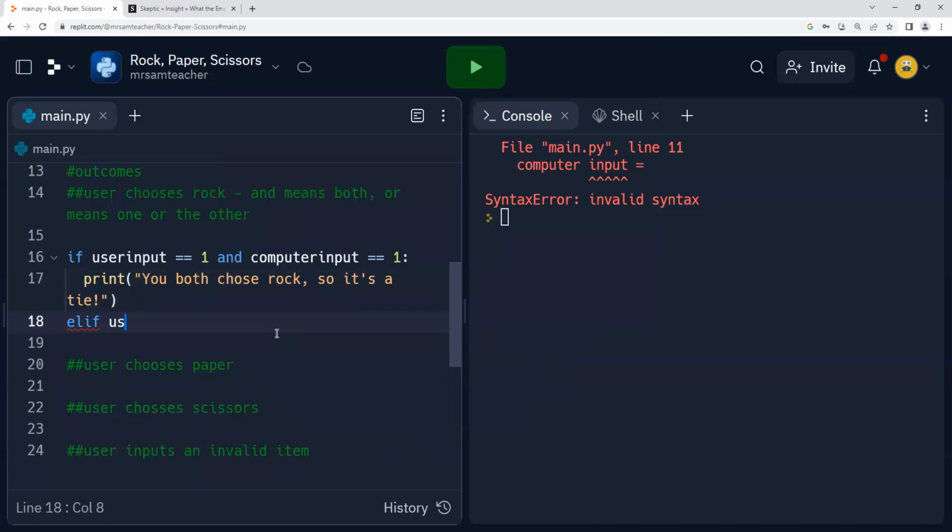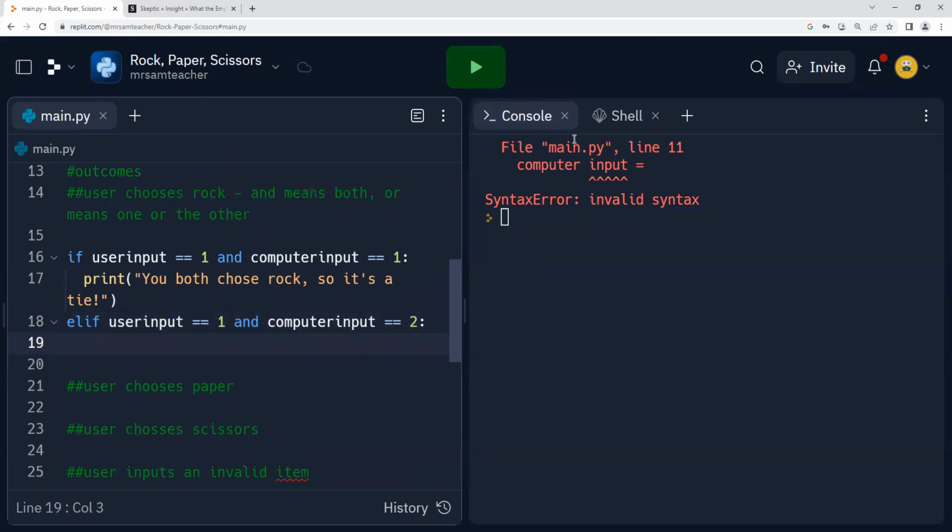So it's another specific condition. Not general. General would be else. But specific: if user input equals 1 and computer input equals 2, colon. Remember, we end with a colon to introduce the condition, and if you hit enter, you'll get an indent. If you don't have a colon and you hit enter, it doesn't indent and it gives you a little red error line under the 2.